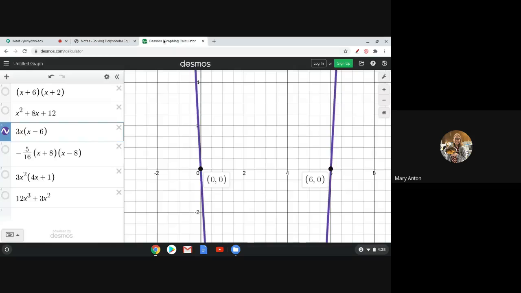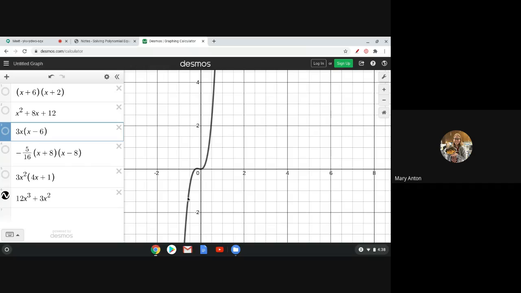And I believe I have this one graphed as well. Okay, yes. So you can also check your work by graphing. So if I graph 12x cubed plus 3x squared, we get this. This is what it looks like. Y'all, if I graph this factored form,